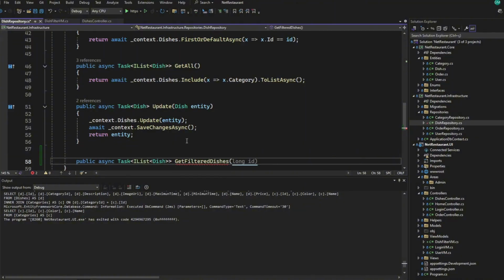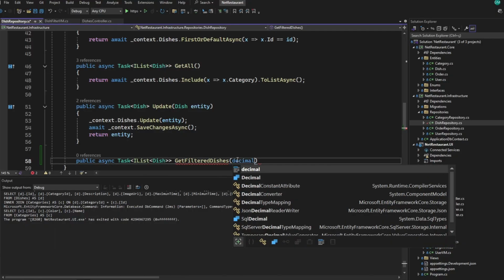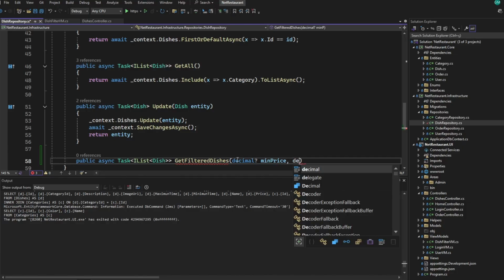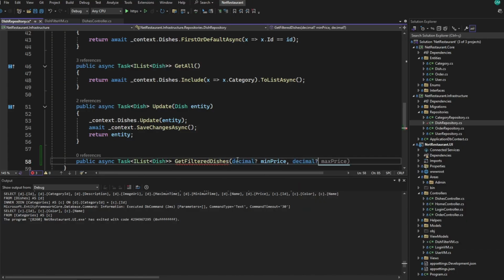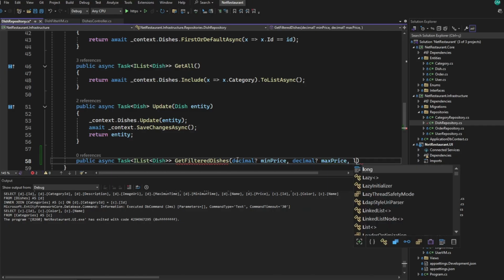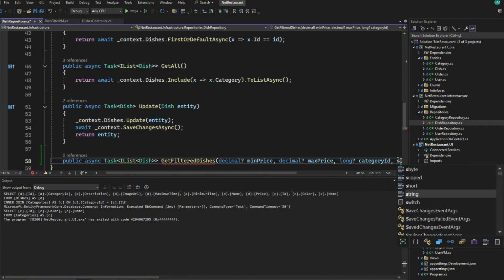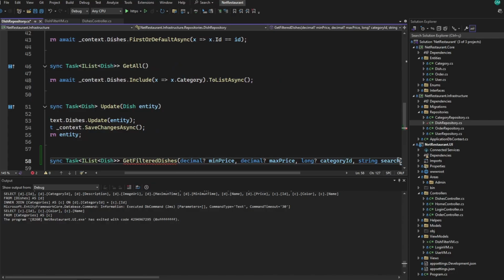And this will receive a decimal with min price, a decimal with max price, along with the category ID,